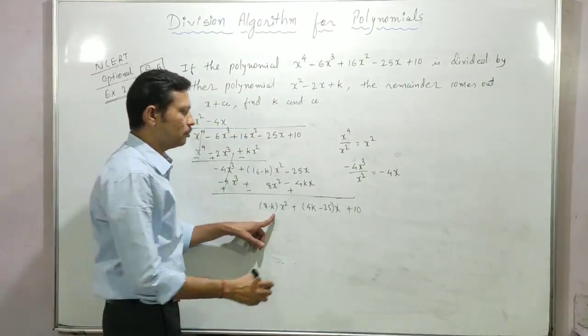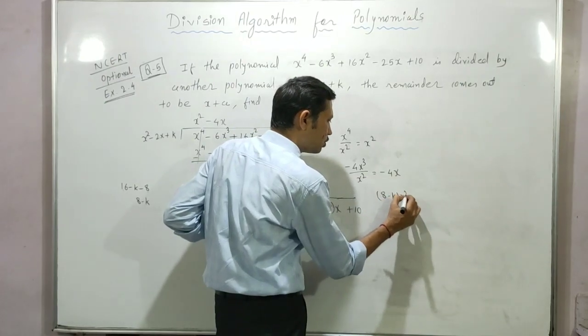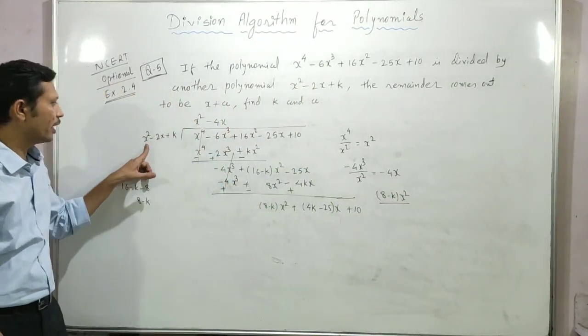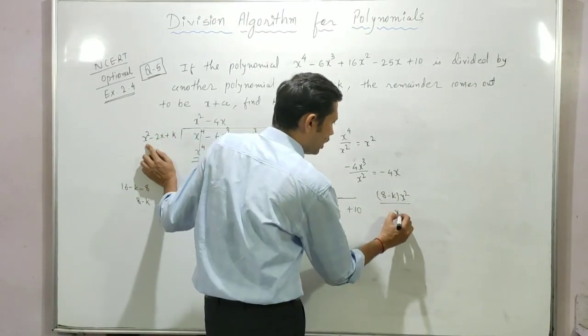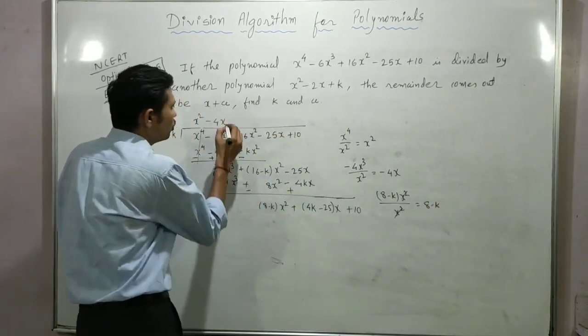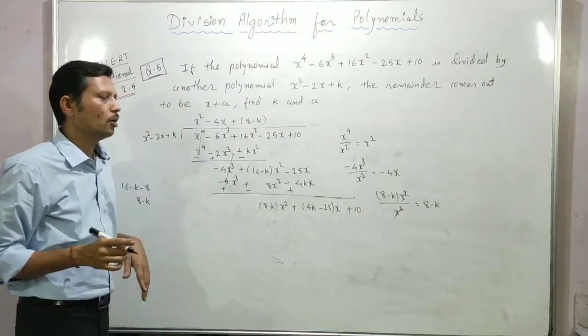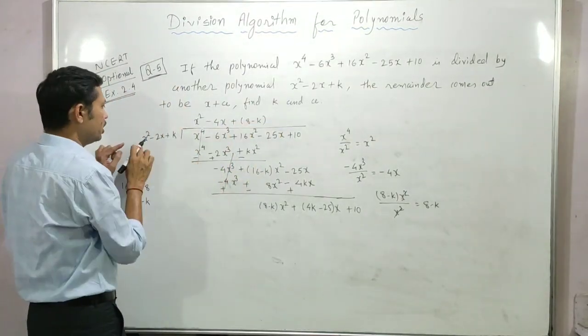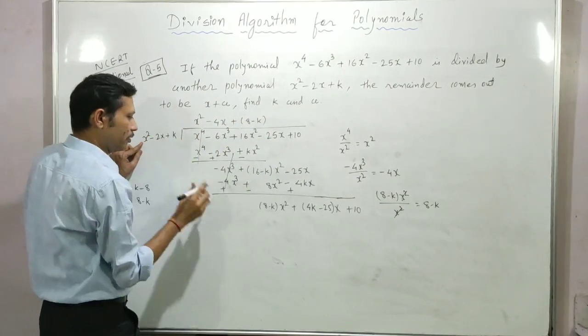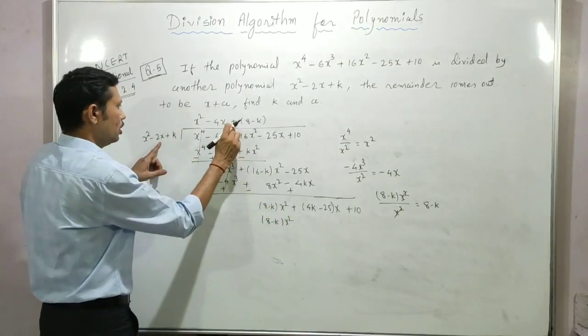Now first term of the dividend 8 minus k x square, and first term of the divisor, that is x square. When I divide it, so I will get the 8 minus k. Okay, so here our last term is the 8 minus k. Okay, when I multiply here, so 8 minus k multiply with x square, so 8 minus k x square plus minus minus,